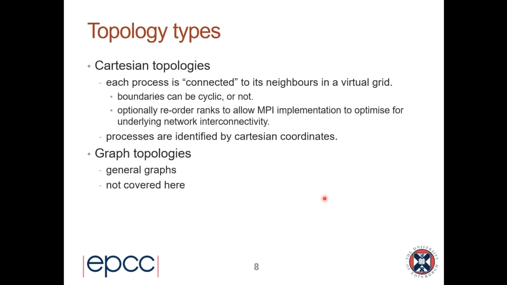So the topology types are Cartesian topologies. Each process is connected to its neighbors in a virtual grid. Here I've used a 2D example. The boundaries can be cyclic or not. That's up to you, depending on your problem. You can actually allow MPI to reorder the ranks. So what MPI can in principle do is